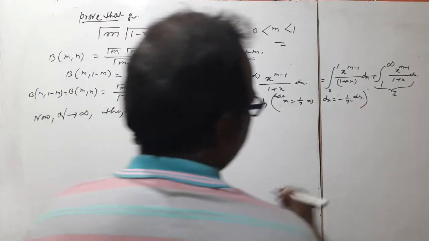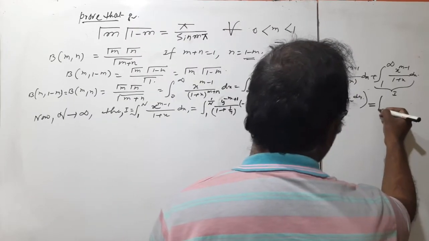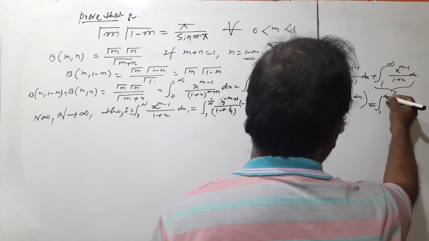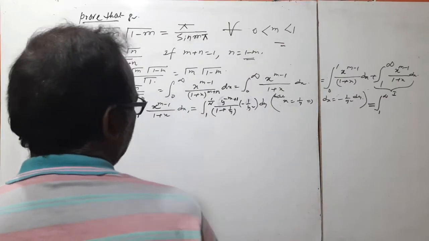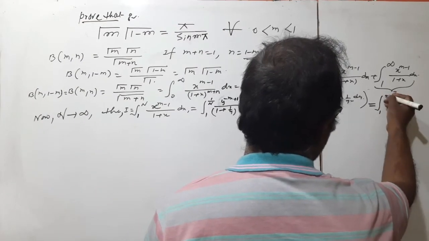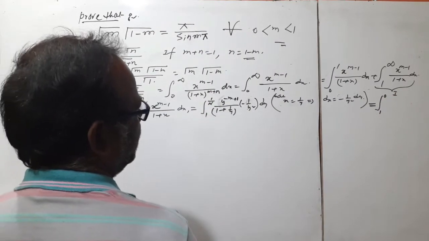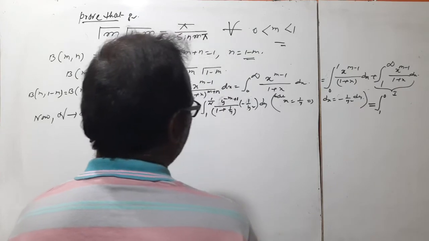Okay, simplify, and that is equal to 1 to 0 as n approaches infinity, so 1 over infinity is equal to 0. So if we simplify,